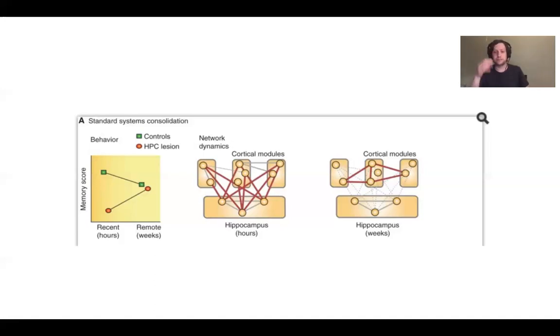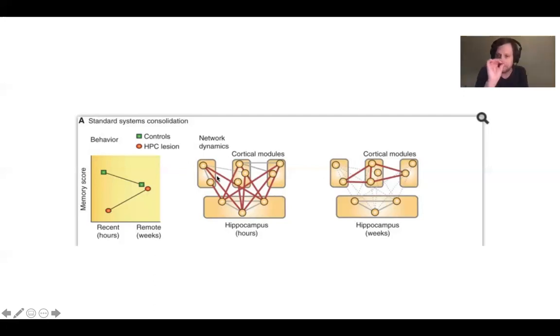But when the memory is relatively old, so here it says weeks, this is weeks after you formed a memory. The hippocampus, as I've suggested in the previous slides, is not as active anymore. But what is active is the interactions among these same outer cortical regions. When the memory is fresh, there are no connections among the outer cortical modules. There are no red lines between these small rectangles right here. What this represents is that when a memory is freshly formed, there are no connections among all of the different outer cortical regions.